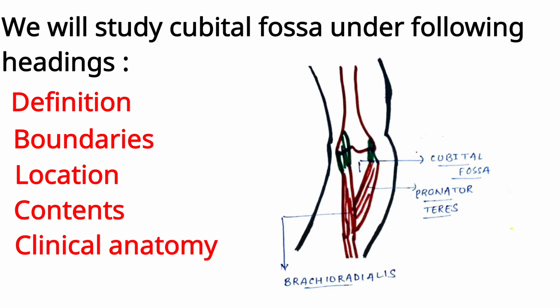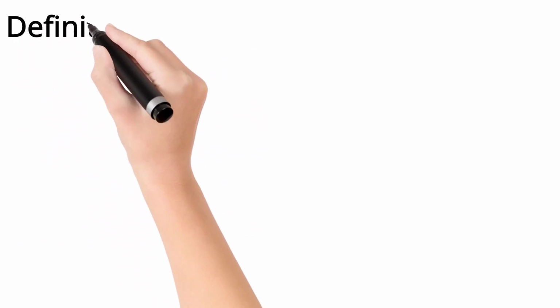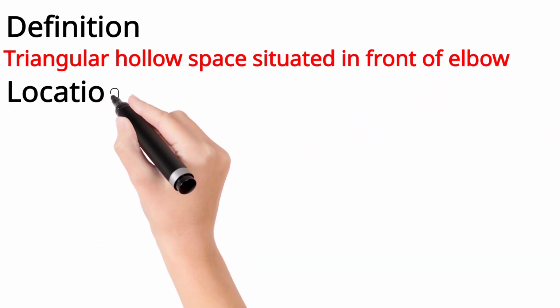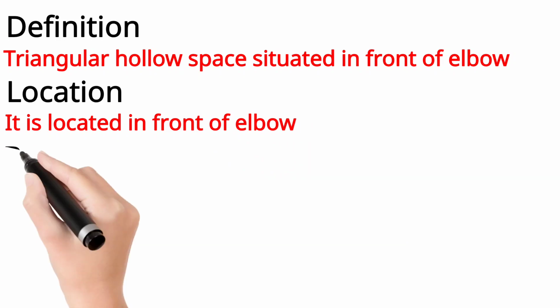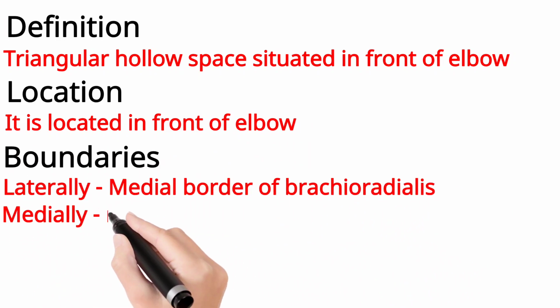Now where is it located? The cubital fossa is located between our arm and our forearm. Okay. Now, it is very important to learn one thing, that cubital fossa is a hollow space which is present on the elbow between arm and forearm. So, it is a space, therefore, it will have many structures present inside it, and these structures are known as contents of the cubital fossa, which we will see after some minutes.